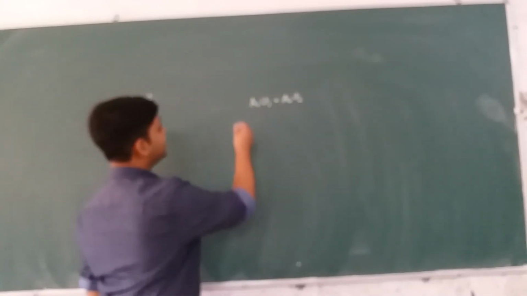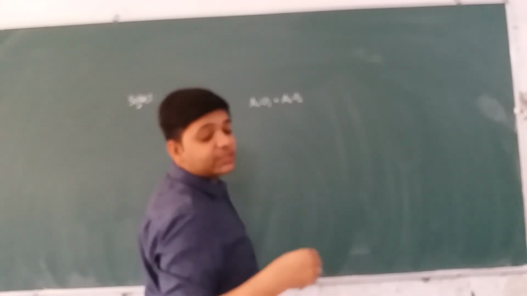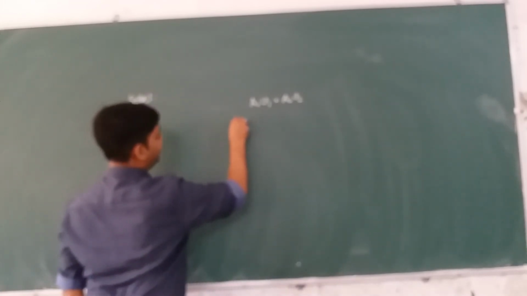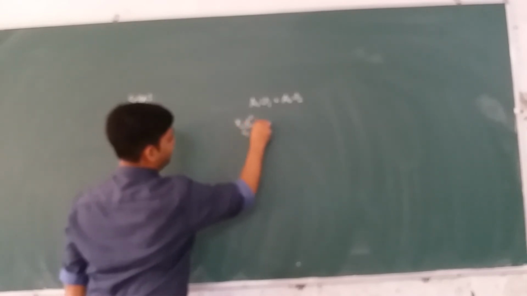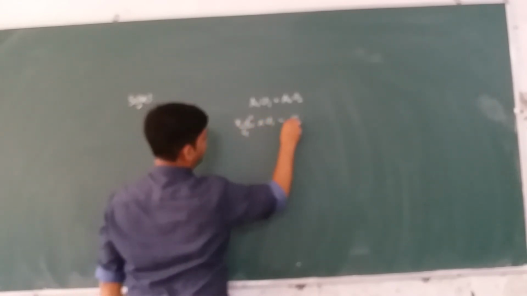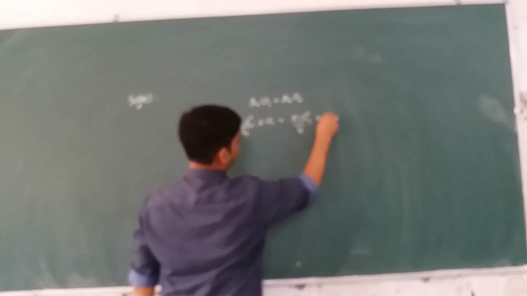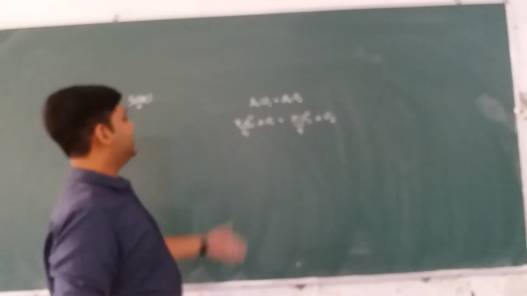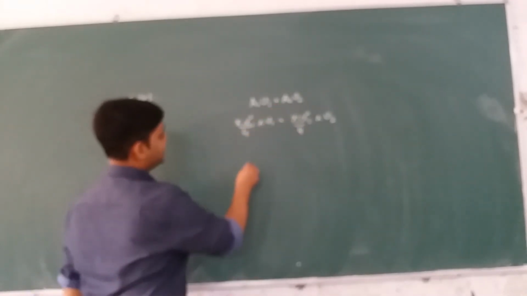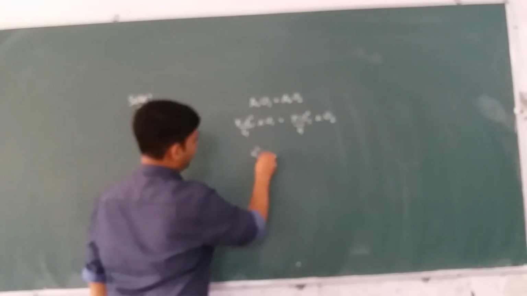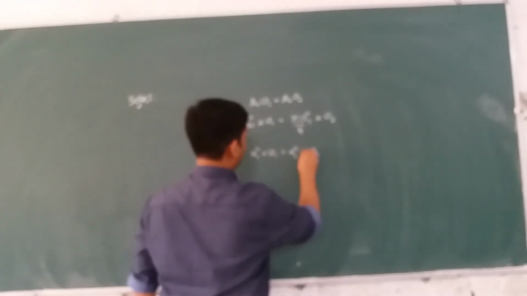So what is A1? A1 will be equal to pi r square. We have been given the internal diameter which is 2 centimeter. So we will write it as pi d1 square by 4 multiplied by V1 is equal to pi d2 square by 4, and it should be multiplied with V2. Fine. This is area multiplied by velocity, right? So pi by 4 gets cancelled out, and we are left with d1 square multiplied by V1 is equal to d2 square multiplied by V2, right?